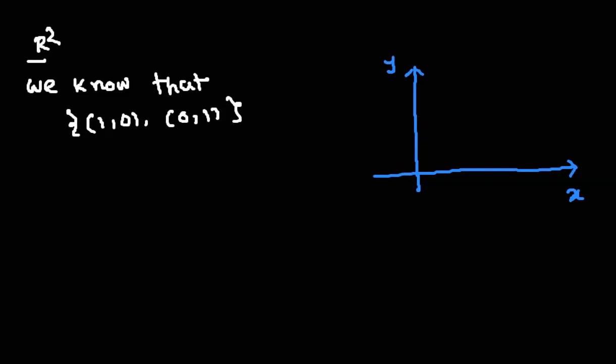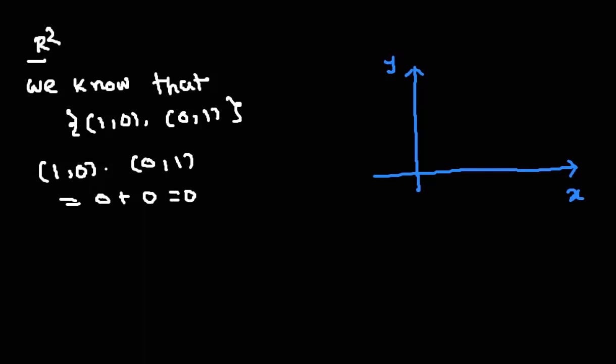If I take the inner product between these two vectors, 1, 0 dot 0, 1, the inner product is the component-wise multiplication. So 1 into 0 is going to be 0, 0 into 1 is going to be 0. So this is going to be 0. So this set is an orthogonal set of vectors. So 1, 0 and 0, 1 is an orthogonal set of vectors. Let me write a vector in R2. Also we know that 1, 0 and 0, 1 is a basis of R2.